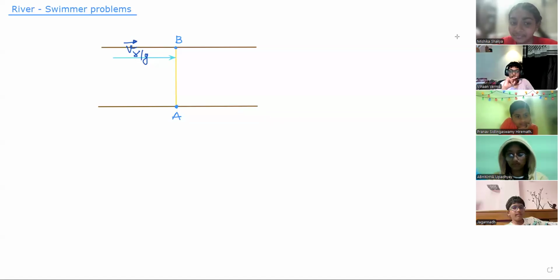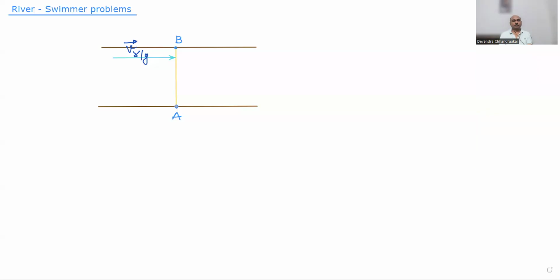Yes, sir. So we have to swim, the man has to swim in this direction so that this is the velocity of the man, right? Let's leave this for now. So the man will start swimming in this direction and the river will always try to bring him onto this line AB. So to a man standing on the ground,